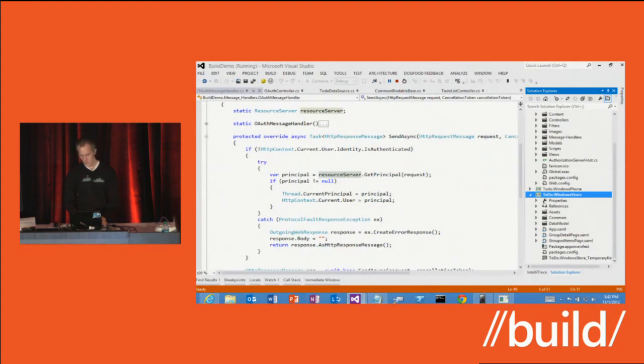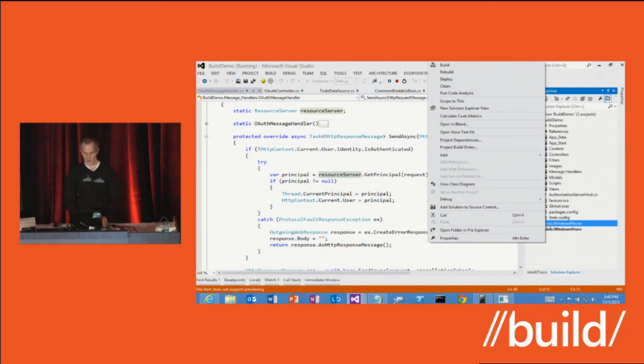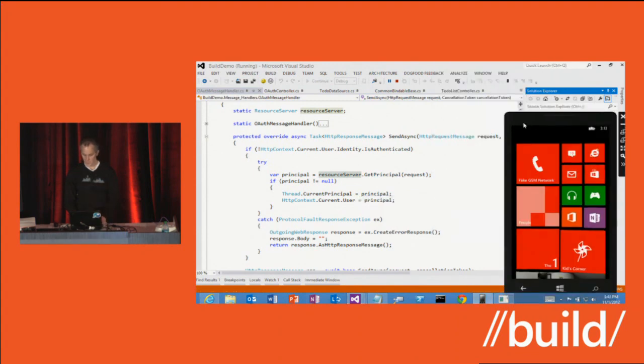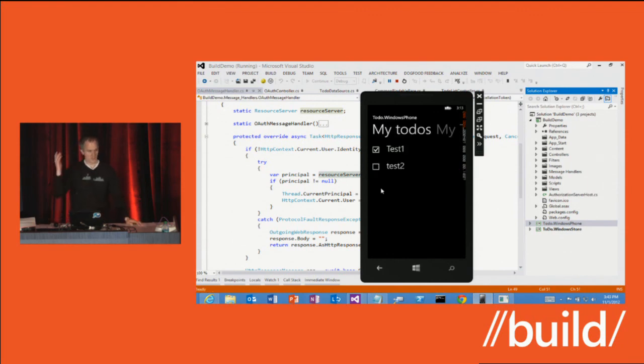Now with phone, it's a little more difficult because there is no authentication broker available for you. You can play around with popping up browser controls to try and accomplish the same type of functionality. But in this case, there's another pattern where you just trust the app with your credentials, and then the app exchanges your credentials for a token. So that's what I did with the phone. So let's start the phone. So here's a Windows Phone 8 app. In this case, I'm just going to type in not my Facebook credentials, but my forms credentials. All right, and it's going to do the same thing and pull down the data.